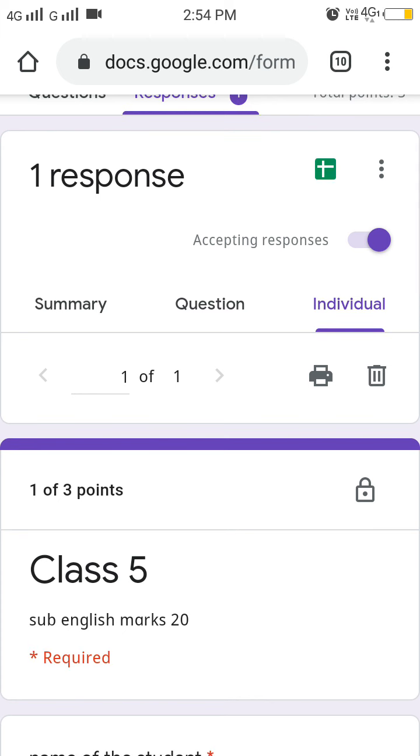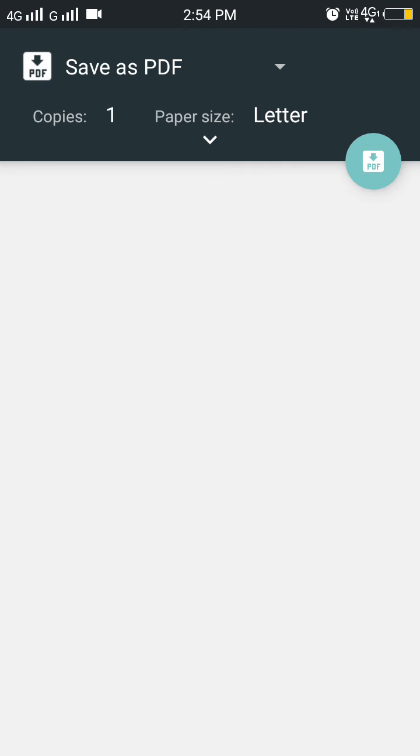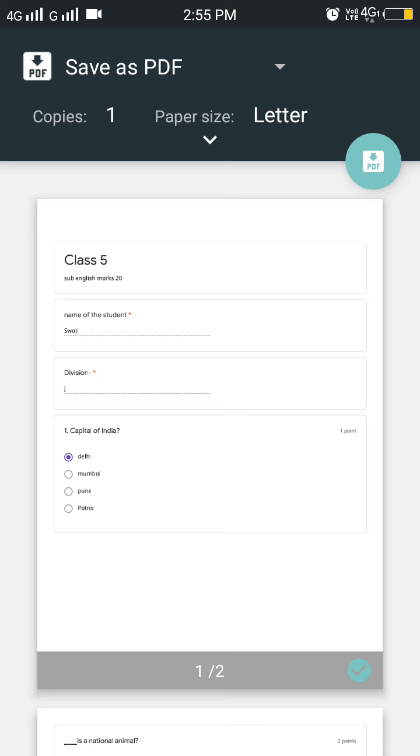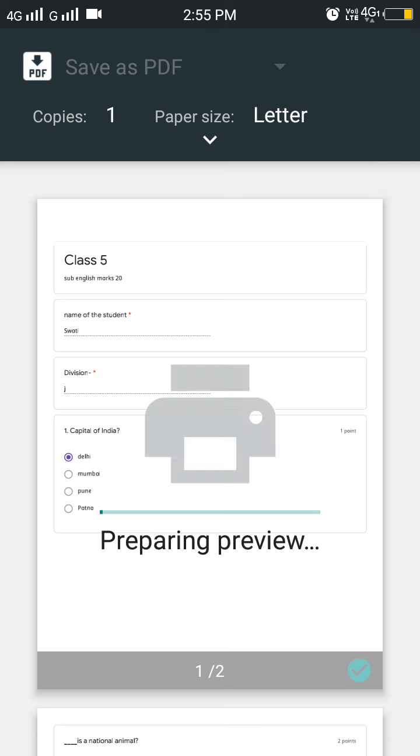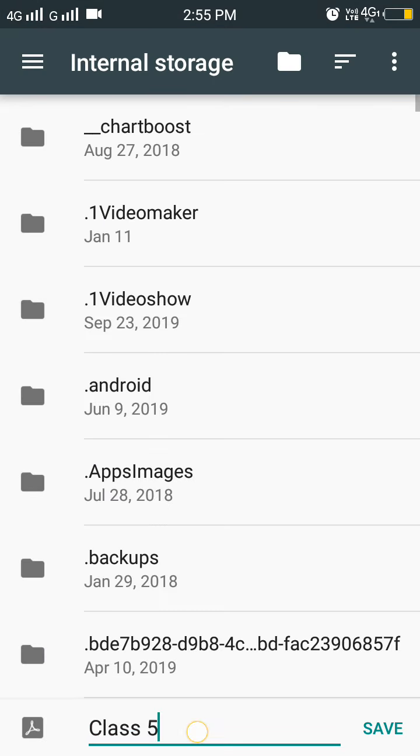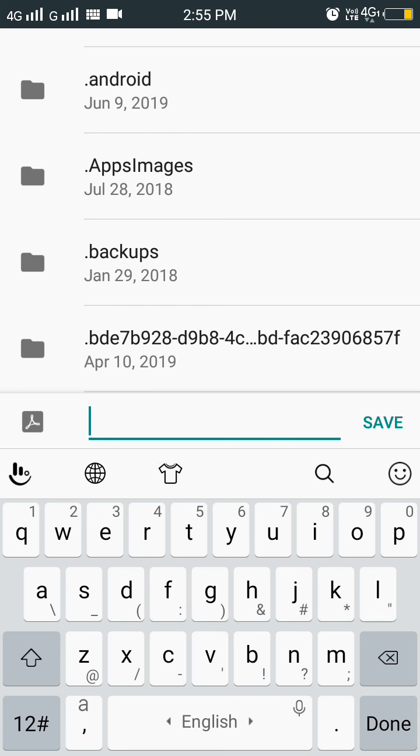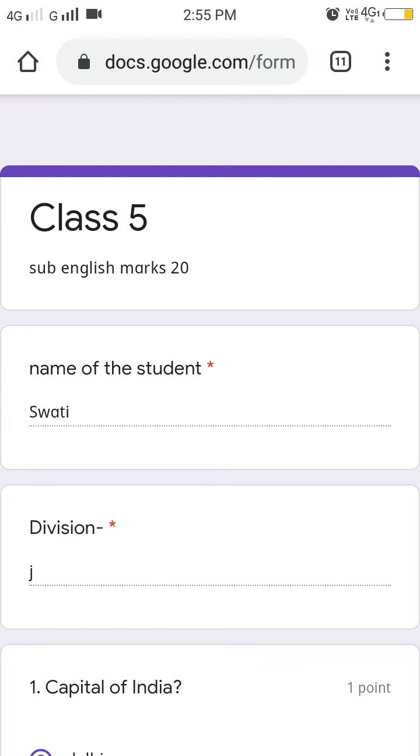And how to send this test to the students? Just click on this printer and like this way the PDF form will come. Just click on save this file as a PDF, write the student's name Swati 5th J, okay, and save. So you just check the paper and save in your documents.